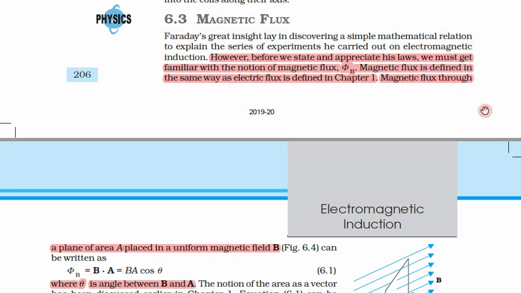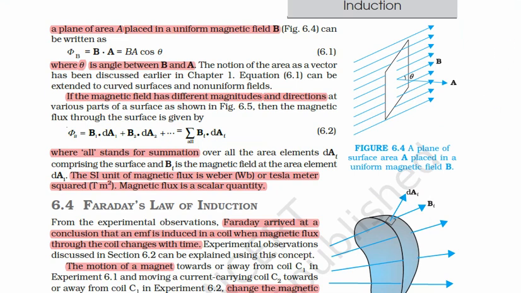If we go here, we have this uniform magnetic field. Previously we had an electric field, now we have a magnetic field. So this is the uniform magnetic field B, and this is some area. How do we define the vector direction of the area? Normal to this surface. So this is the direction of the magnetic field, and this is the normal to this area, and both of them make an angle theta.